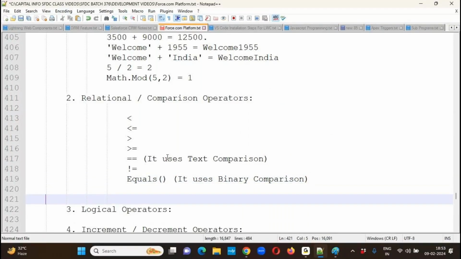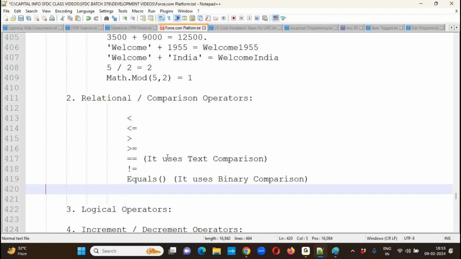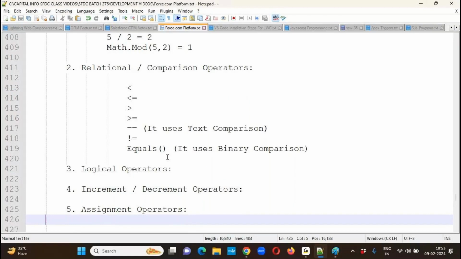We have discussed two categories of operators as of now. We have three more categories we'll see in the next session. Okay, the next session will be on Monday. This weekend we don't have a session. Okay,